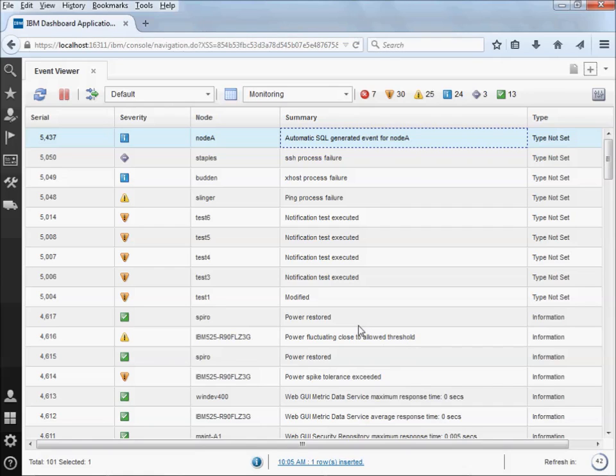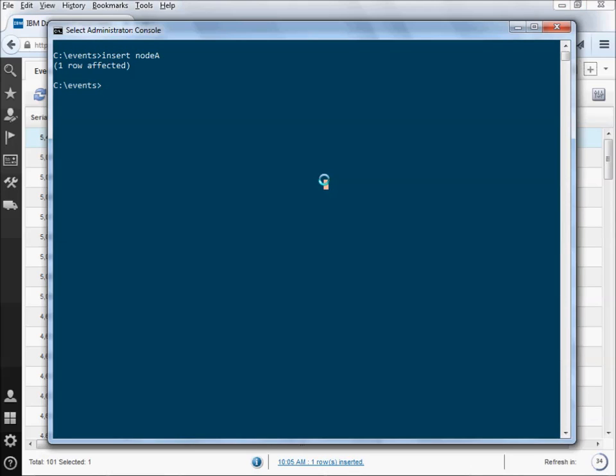Now I'm going to return to the command line and update a row in the event list. So I'm going to run a script called update. I'm going to update the event that I created previously. Now I'm going to return to the event viewer,